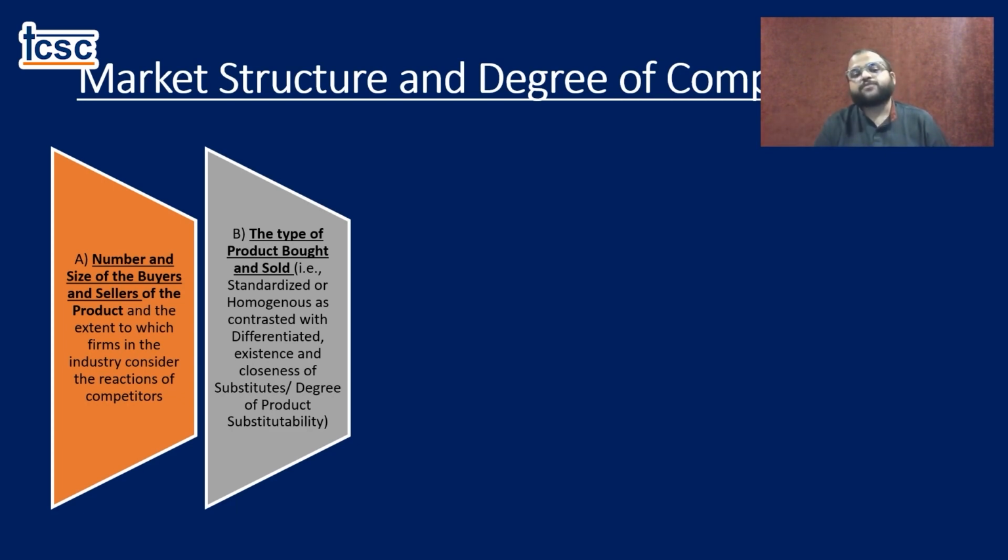Second, the type of products bought and sold. So there's a contestation in perfect competition and imperfect competition regarding homogeneous and non-homogeneous products. Now, what defines a homogeneous product? We identify homogeneous products by two major characteristics. One being physically similar, second being similar with respect to environmental factors. Thus, by shape and size it should be similar, but also with discounts, price, and so on and so forth.